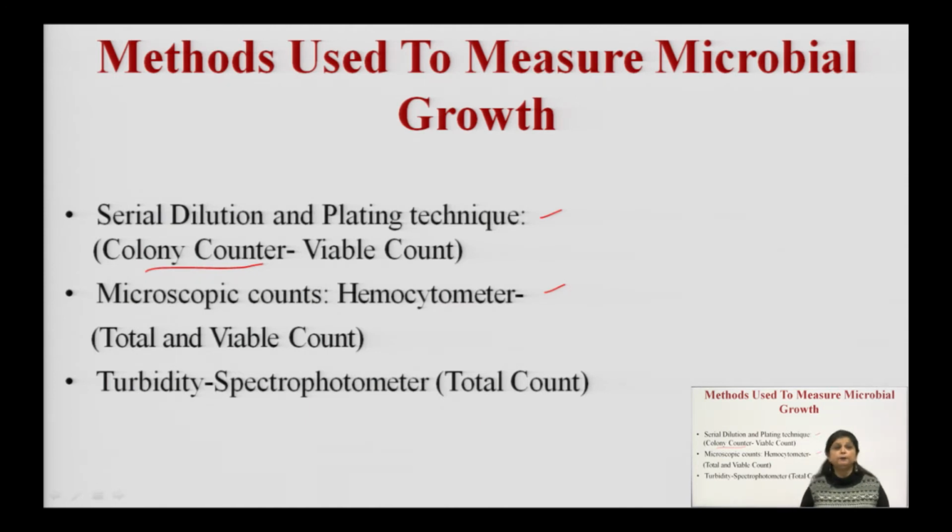This is generally the microscopic technique by which we can count the number of bacteria, the number of microorganisms within the Petri plates, or we can count the number of microorganisms microscopically using microscopes. And the last method is your turbidity methods. So out of these, as you can see, there are 3 methods. First one is serial dilution, second one is the microscopic count method, and third one is the turbimetric method or turbidity method. Out of this, in this lecture I would like to explain serial dilution and plating technique in detail.